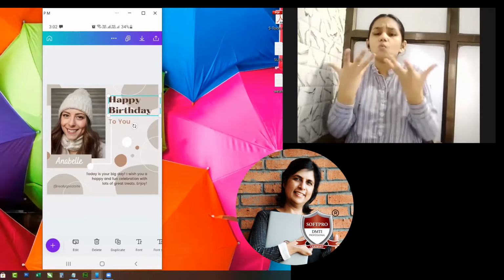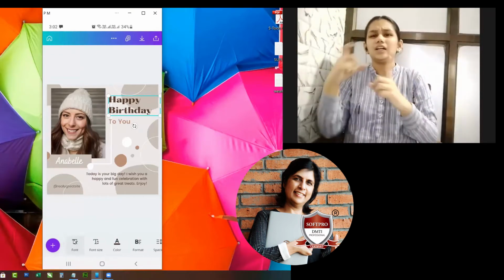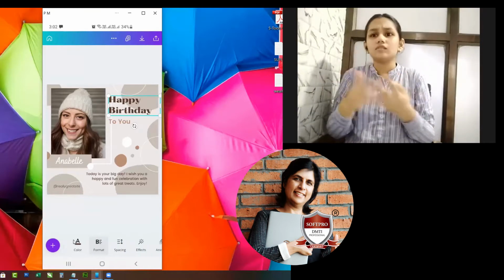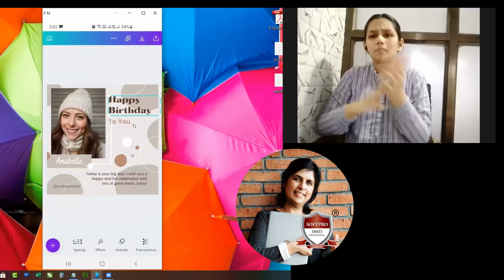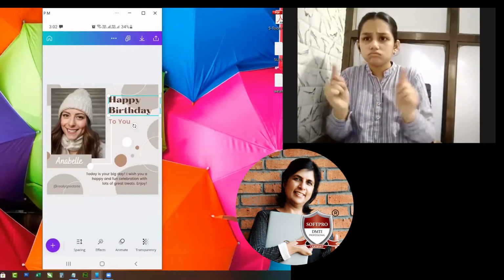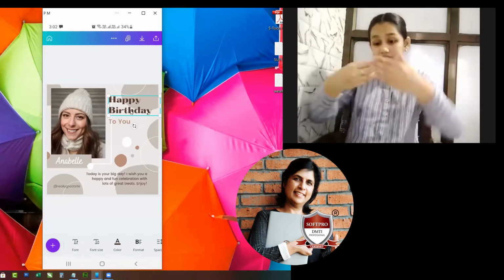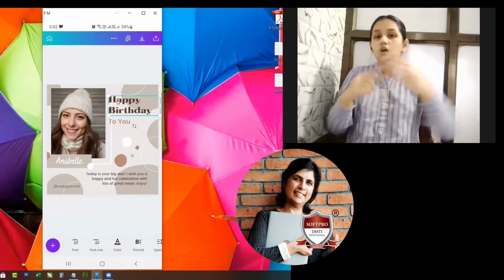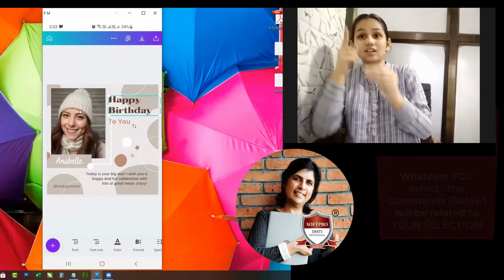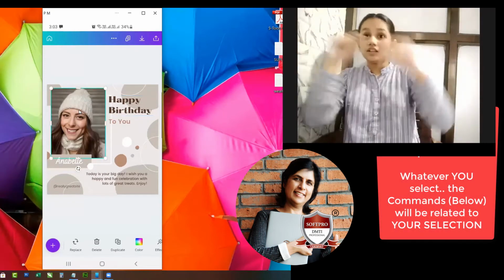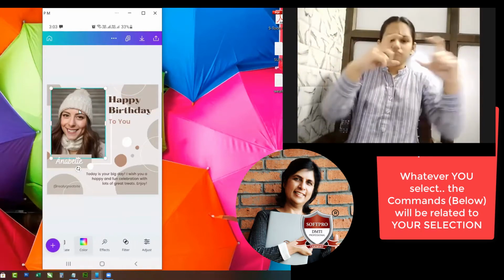Correct? When I select this text, below here I will get all the commands which are related to my text. If you see down, you can see I can delete it, duplicate it, change the font size, format it, give spacing to it, give effects, animate it. So all these commands are related to my text. You see this happy birthday is a text. Now if I click on the image, all the commands below will be related to my image.